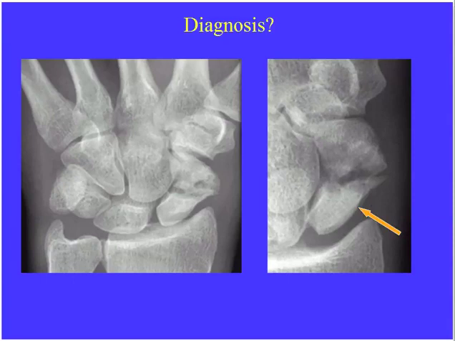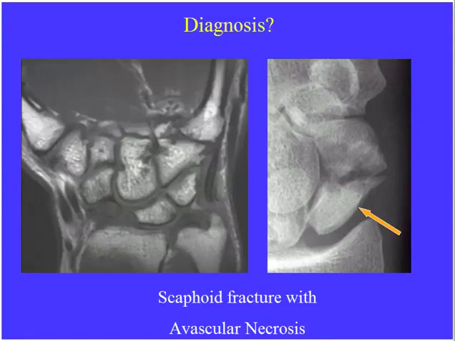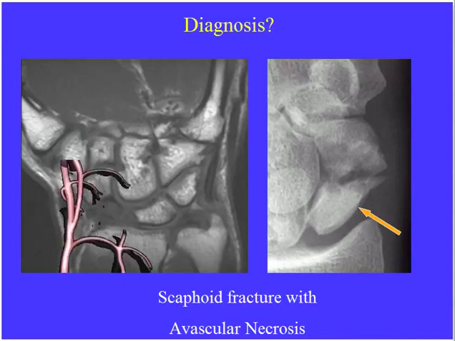So they may show you the plain film finding, and if we see avascular necrosis on the plain film, we're going to see increased density in the proximal fragment, or they may show you the MR finding. This is a T1 weighted image. Again, we see the subcutaneous fat, which is bright. We see the fat bone marrow within the bones, or the bright marrow within the bones, and we don't see any joint effusion. So we know this is a T1 weighted image, and we see decreased signal abnormality within the proximal pole. Just remember, this is a recurrent blood supply, and it's the proximal pole that's going to get avascular